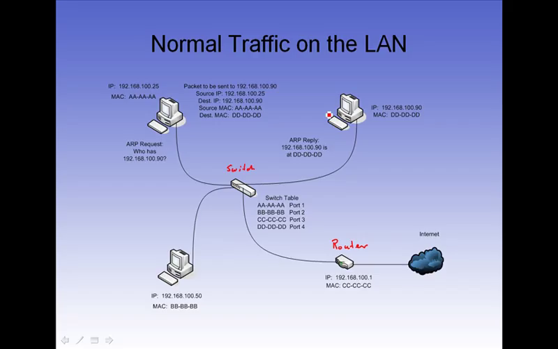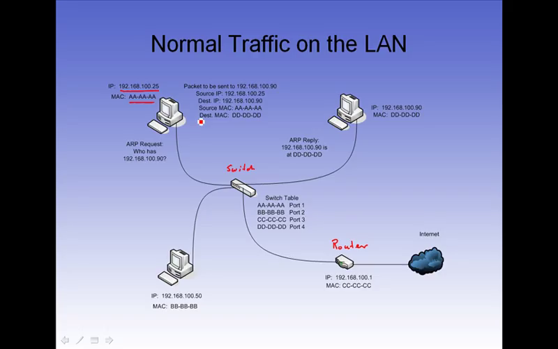So we have 3 computers, and let's assume here that this computer at 192.168.100.25 has a MAC address of AA, and again I've just abbreviated this to keep from having to write a long